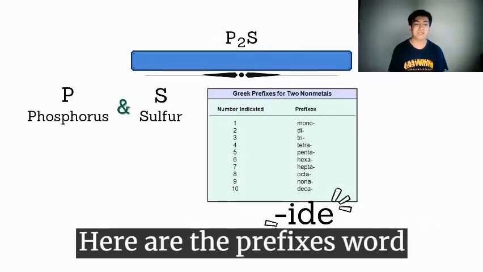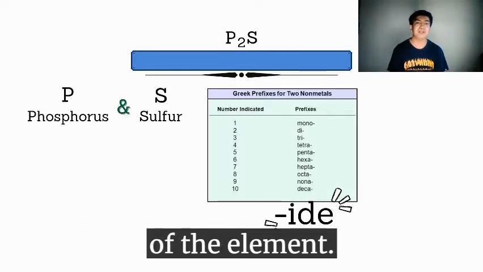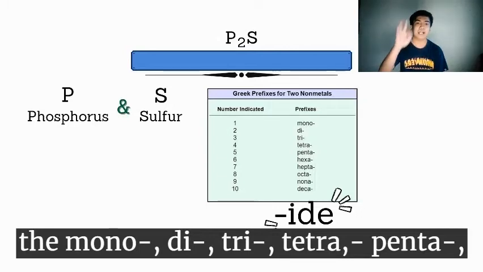Here are the prefixes worth putting before the name of the element: mono, di, tri, tetra,